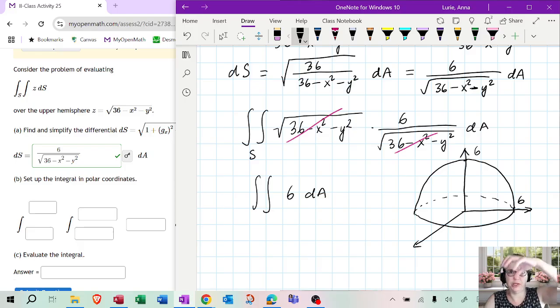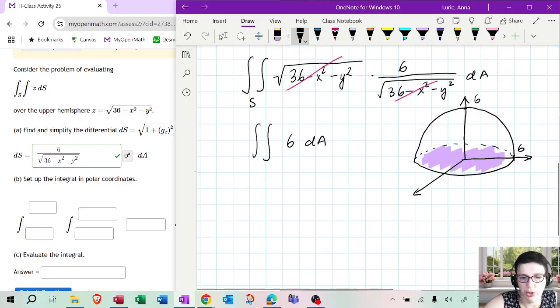So you take that hemisphere, that head, and you basically make every single point on that head keep the same x and y coordinate, but the z coordinate will be 0. So you're like flattening it out. Imagine dropping a brick on that surface. What you're going to get is this circle, right? The circle on the xy plane with radius 6.